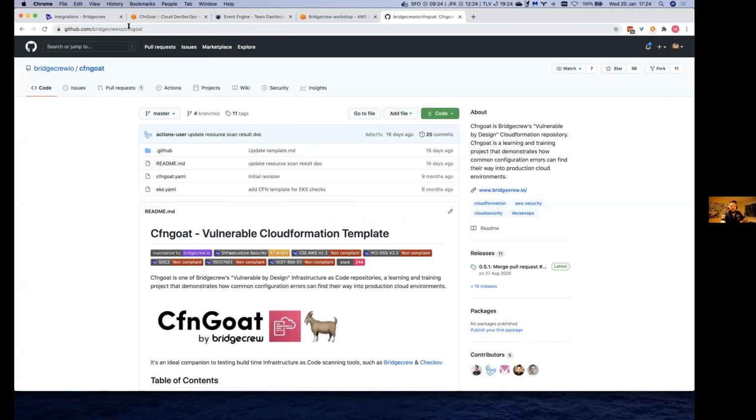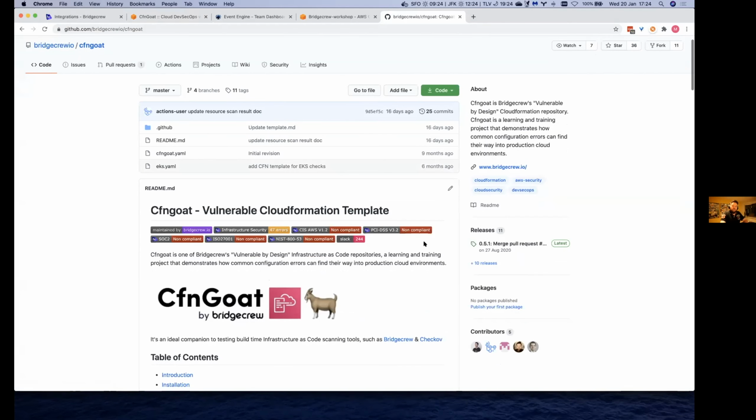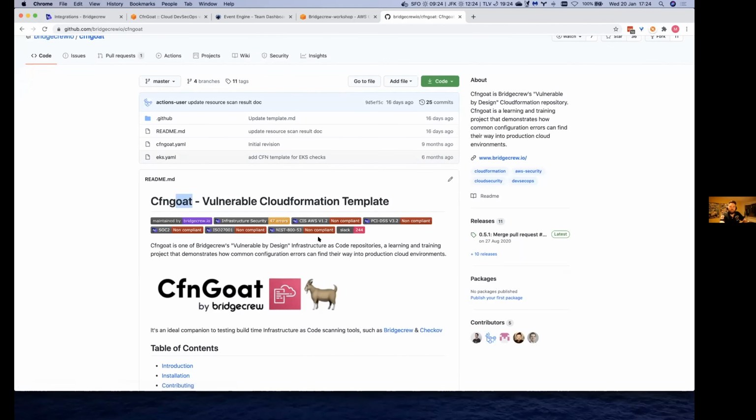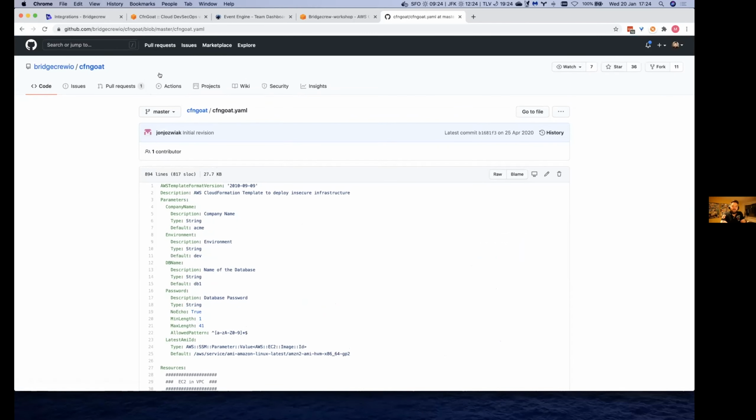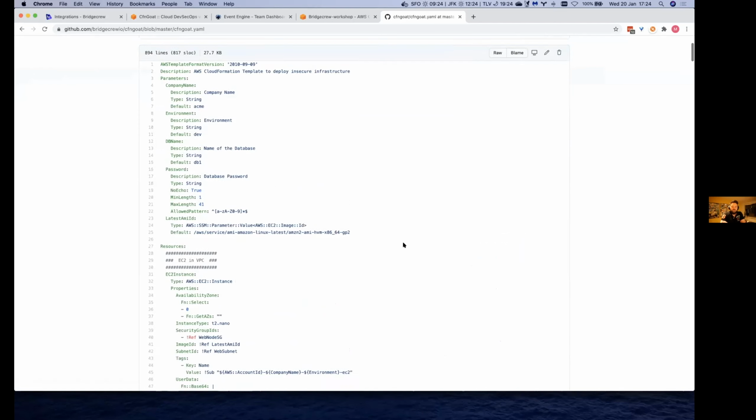If we go to the CFN goat repo, you'll see the whole point of this particular goat is it's purposely vulnerable for training and learning and doing workshops just like this. So what we've taken is a set of CloudFormation, and we've written it to be as insecure as possible. If there are any security guidelines saying that you shouldn't do something, we've done it just to really highlight